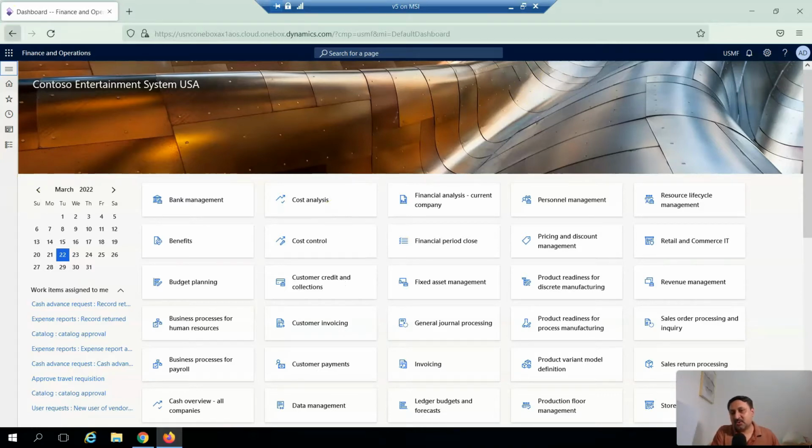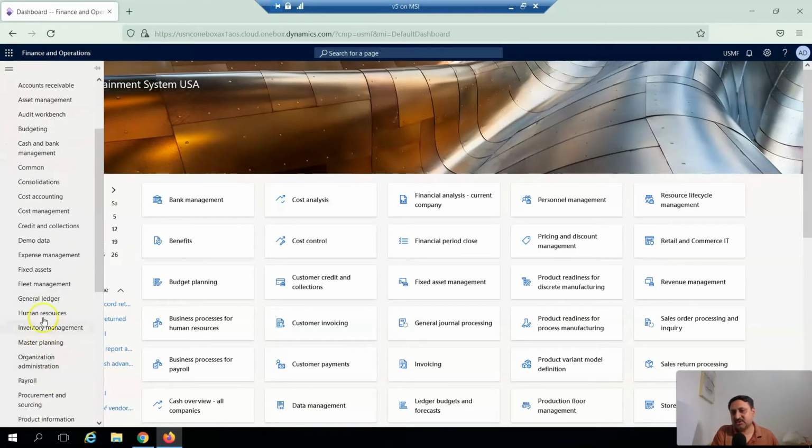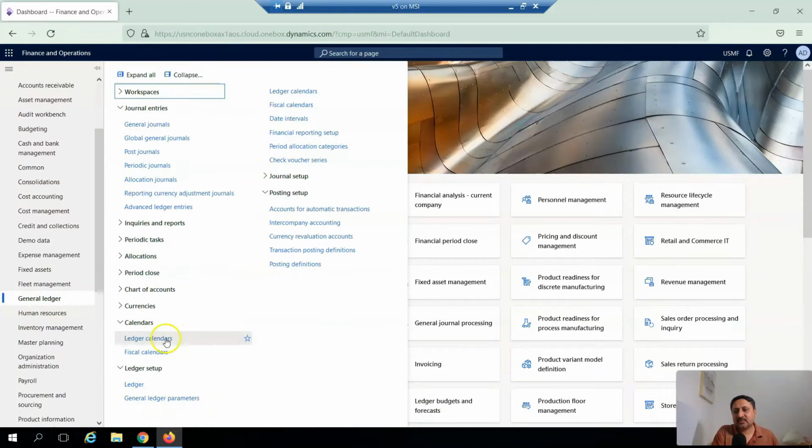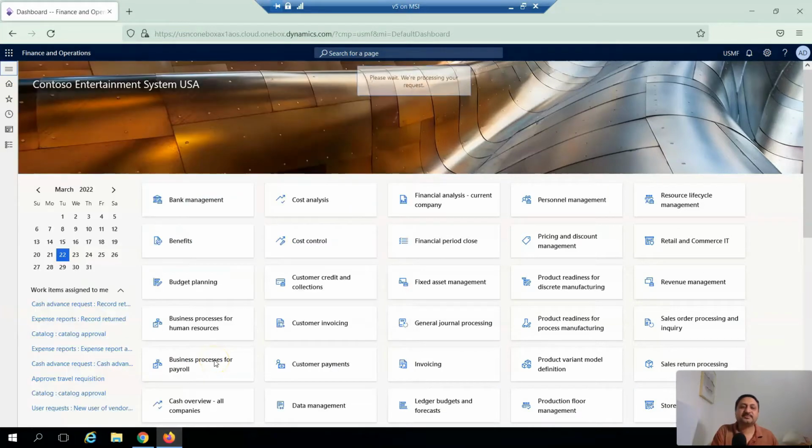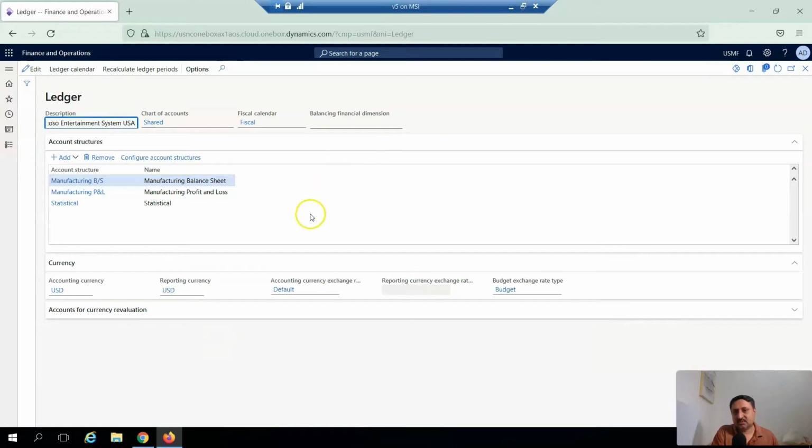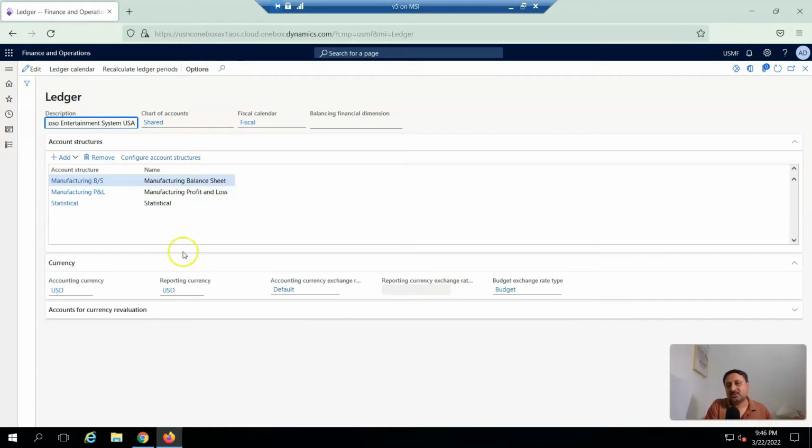For example, if I go to General Ledger, GL, and from here to Ledger setup, you will find a few fields. For example, chart of accounts, fiscal year, and different chart of accounts structures, accounting structures, accounting currency, reporting currency, default exchange rate between, and if there is budget setup. We will discuss all these in upcoming videos, but for the current legal entity which I created in my last session,